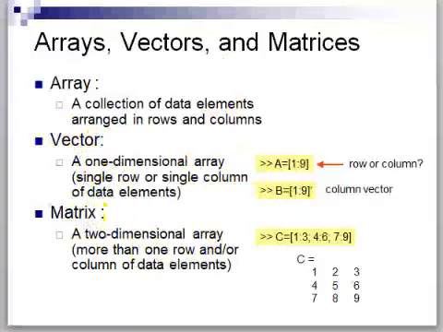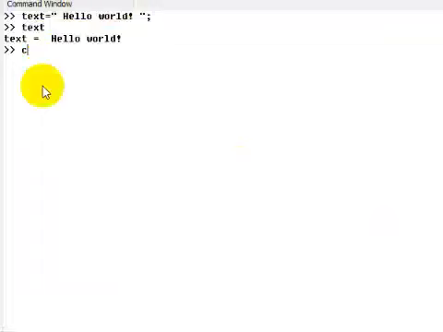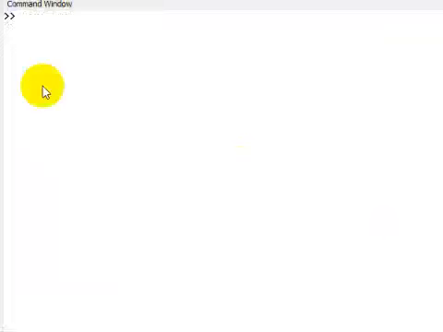So coming back to the Octave command window, let's clear this window by typing clc. Now I cleared the window. Now we are going to type out some vectors, right? So we know that vectors